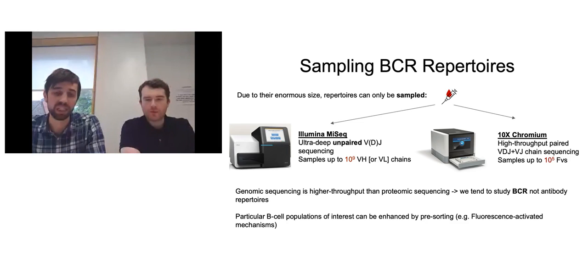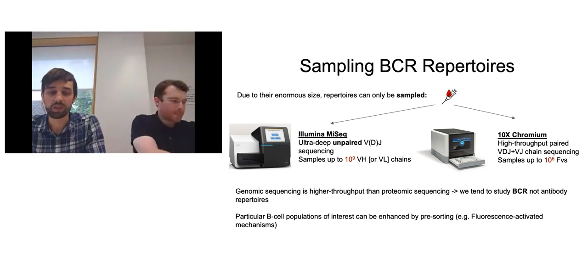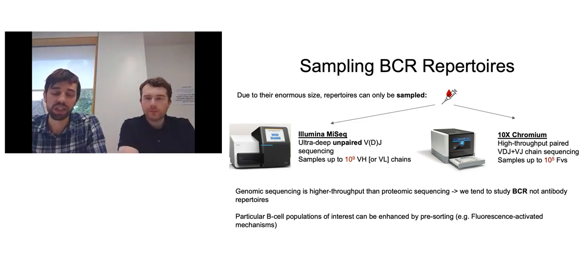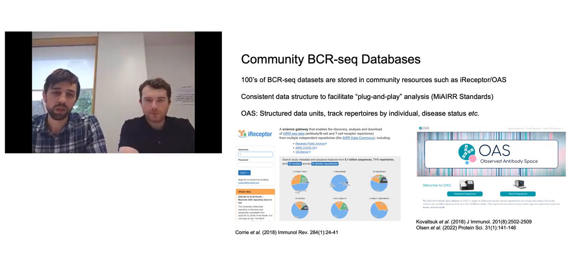We often have lots of very, very deep samples of heavy chains, and we have more of these in different types of immune states and disease states. Increasingly, we have higher fidelity representations of the actual antibody binding sites through single cell sequencing technologies too. And we can do strategies to sample particular parts of the repertoire, such as sorting with FACS for certain antigen specificities, or we can sort, for example, for certain diagnostic markers to try and get the sequences of a particular BCR component as well. So there's a lot out there for these sequences of antibodies, most of it unpaired, but increasingly more paired data.